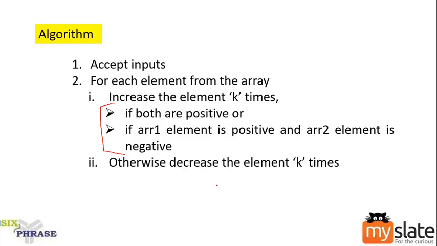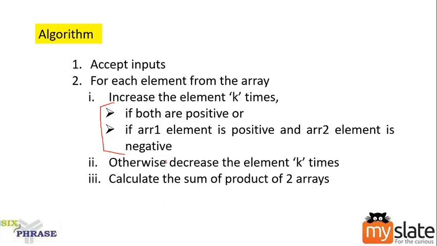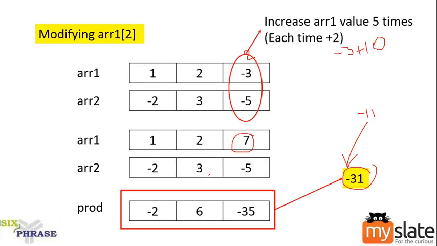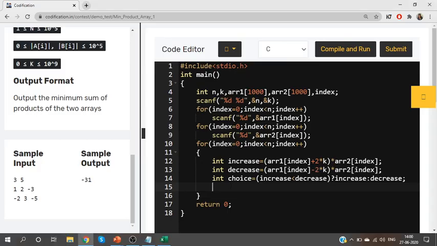Okay. Next, what should we do? We are supposed to calculate sum of product of two arrays. So find the product of two arrays and parallelly find the sum, because that is our result, right? If you remember, in each step, yes, first you will modify the value. I'll get it. After modifying the values, we will multiply these two values, and whatever product we have, we'll add all those values, right? So let us implement it here. Multiply all the elements.